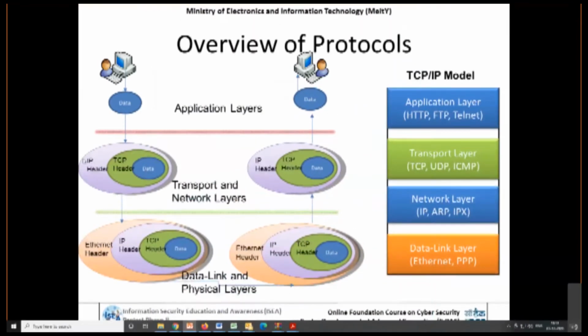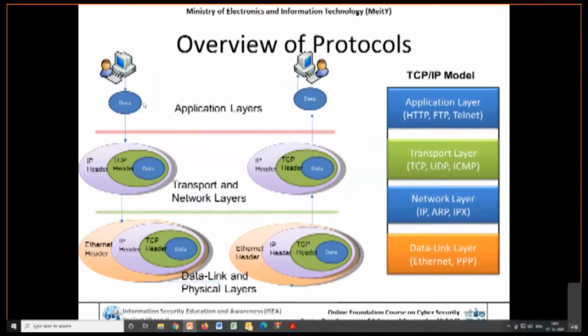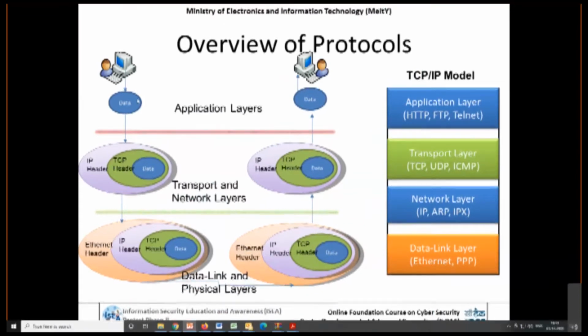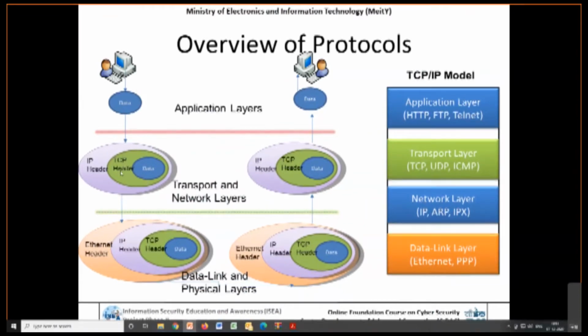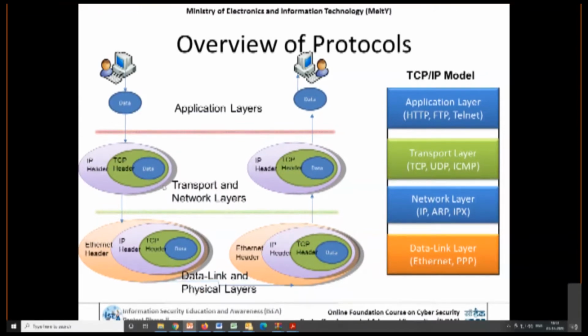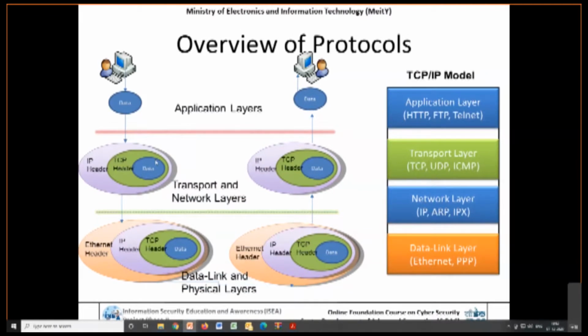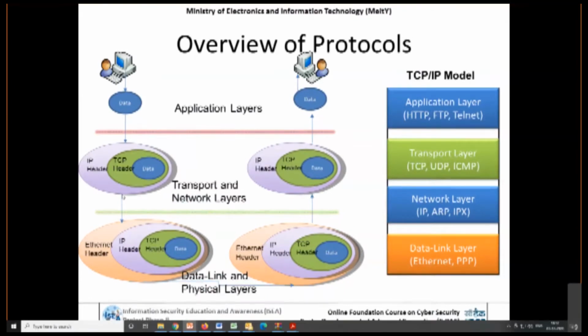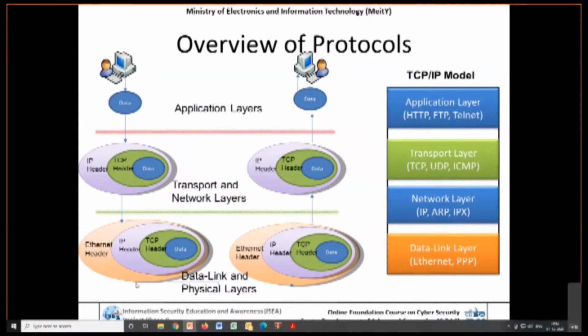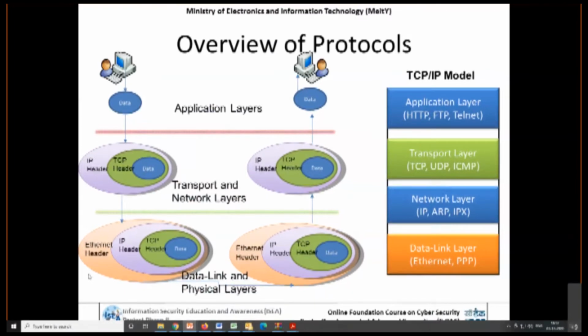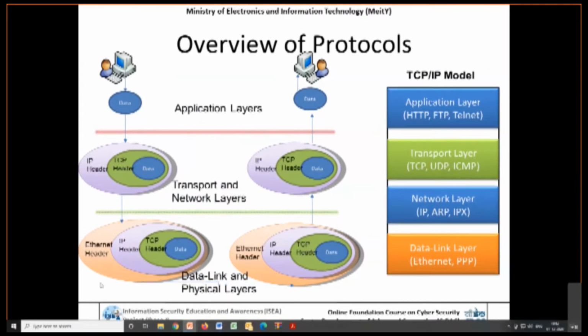And as we explained, when you are sending data, the data is added with the TCP header. Then this TCP header plus data is forwarded to the IP layer, where the IP header is added. Then it is forwarded to the data link and physical layers, where the Ethernet header is added, and then it is forwarded to the other side.